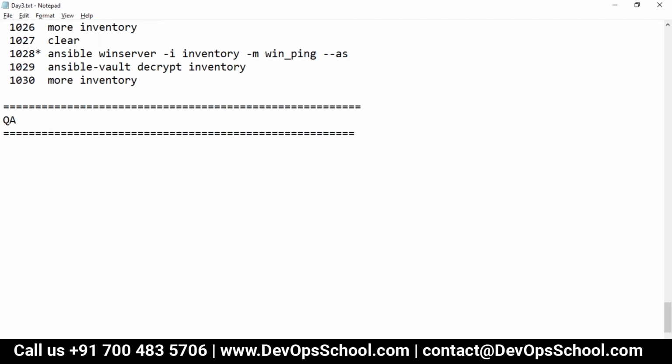Regarding that variable, Rajesh, when we declare a variable, if it's YAML, we use a colon, and if it's INI, we use equal to, right? But when we call the variable, sometimes we face difficulties whether to use colon or equal to when we use the variable. Is there any method? Is there any justification for it? Why did it...